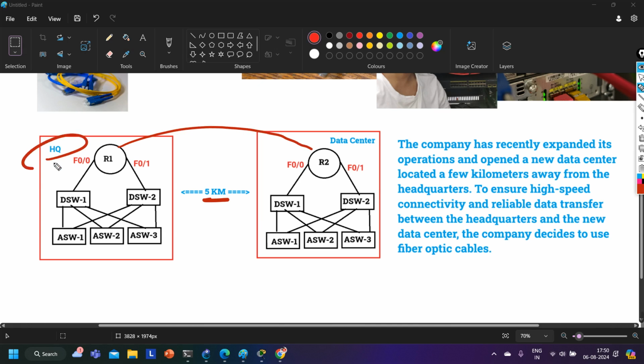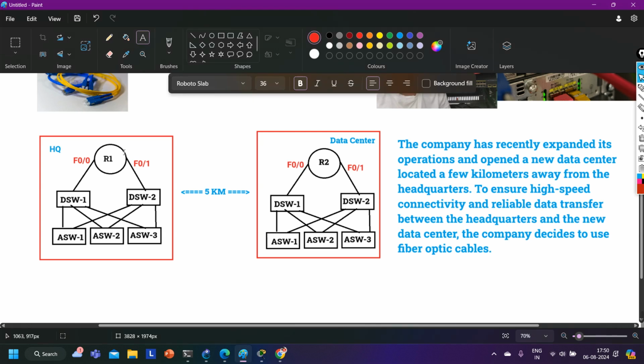And guys, in headquarter you can see I have one router R1. Let's suppose this is a Cisco router, any router, but as most of you are familiar with the 2800 series router, let's suppose this is a 2811 router, and R2 is also a 2811 router. Both are 2811 Cisco routers. This router is older, but